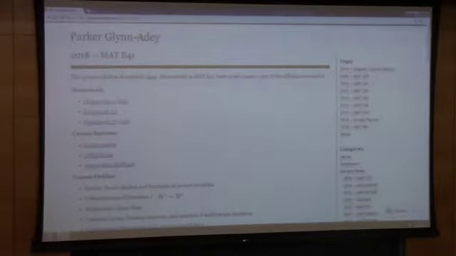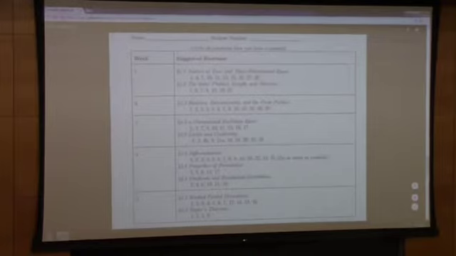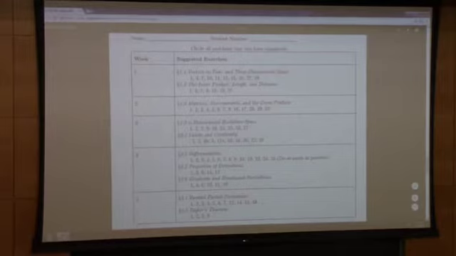Which chapters did it cover? It covers exactly this stuff. So chapters 1, 2, and 3, but only these sections, 1.1, 1.2, 1.3. So it will only cover the material on this page. Very good.